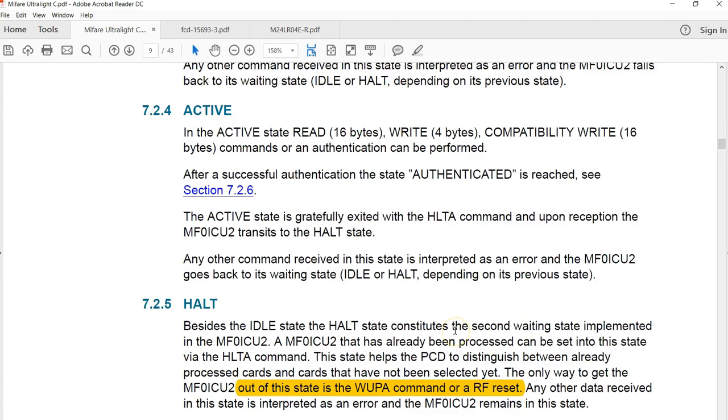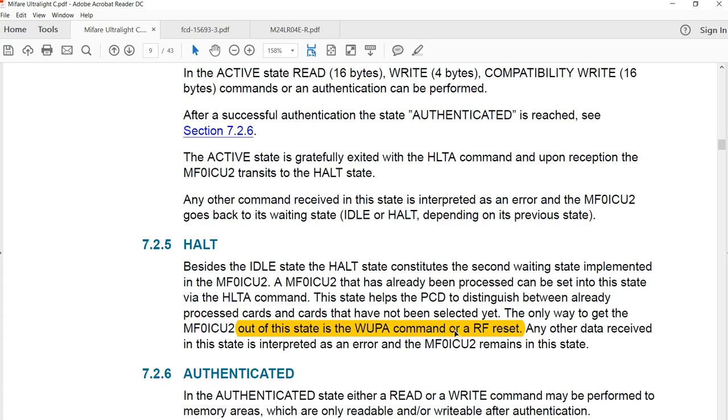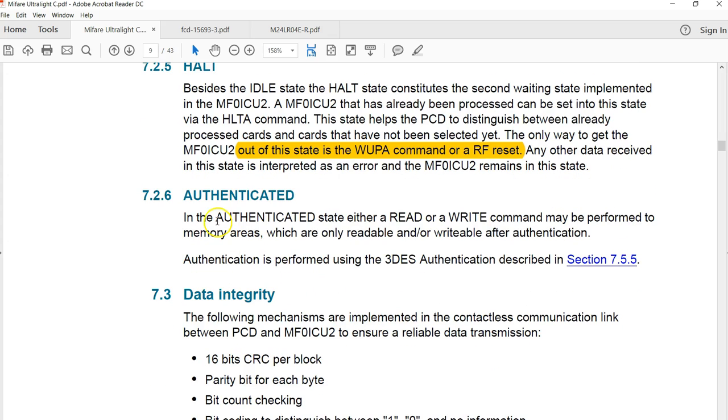And also keep in mind, ACR122 also uses a PN532. Okay. Now the authenticated state. See here, the tag behaves as a state machine, or it follows a state machine pattern of working, I would say. Now on a successful authentication command, the tag will be in the authenticated state, where it can read and